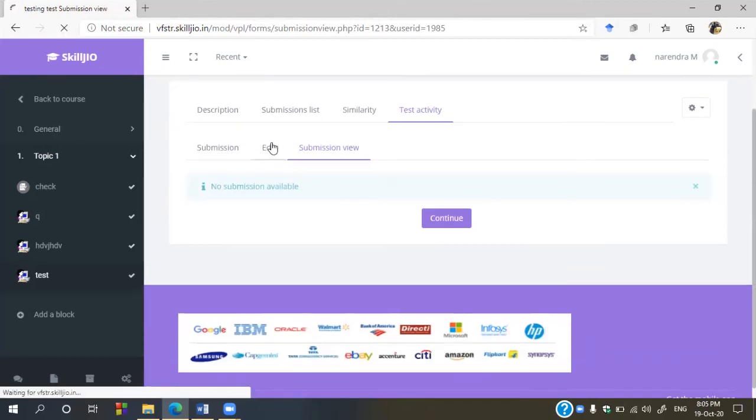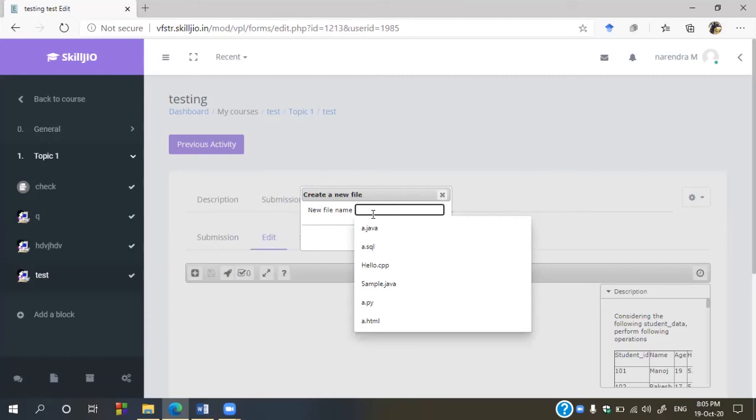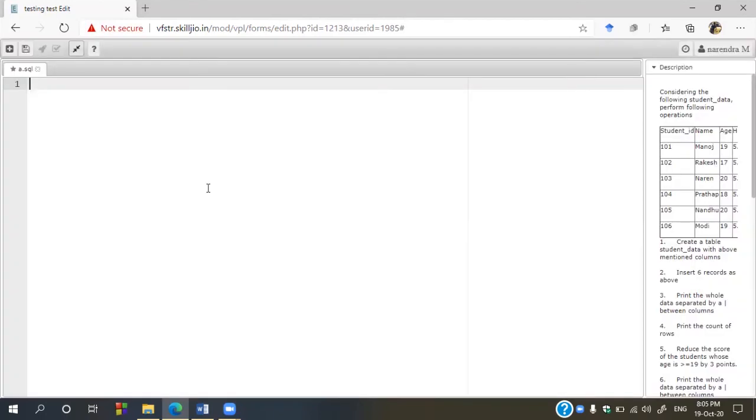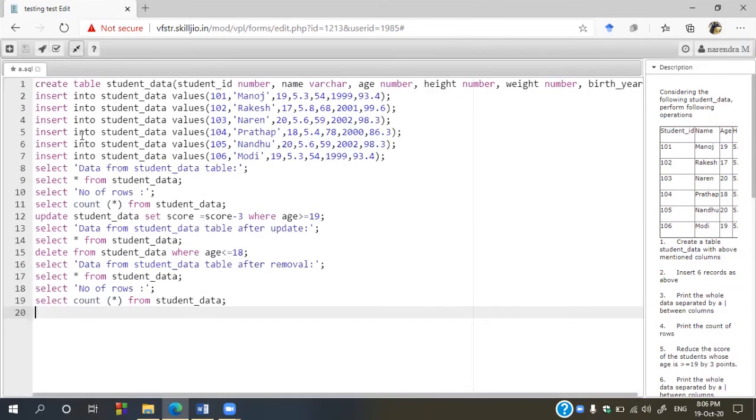Click on the edit option. Give a file name, extended.sql. Here a student needs to write all the queries. After writing the queries, a student can submit the answer here itself. Write all the queries here. Click the save button. Run your queries once before submitting.